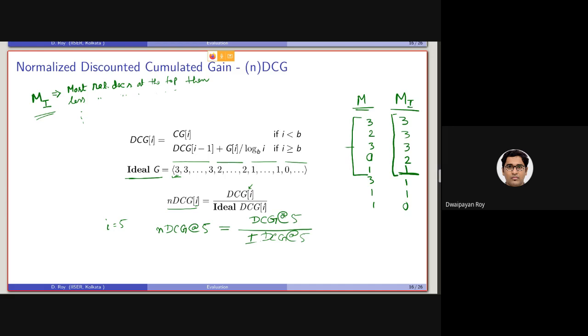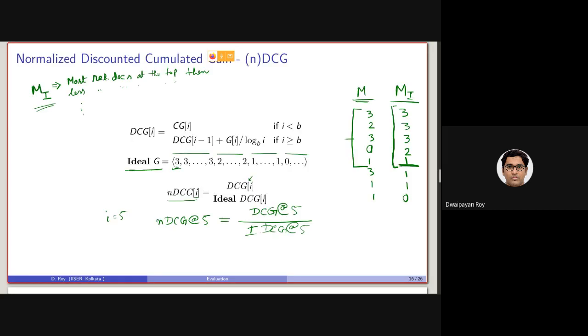I mean, the ideal system will be retrieving these 5 documents at the top positions. So the ideal gain will be 3. The ideal cumulative gain would be 9, basically 12. But we'll be computing the discounted cumulative gain of this system, and we'll be dividing them to get the NDCG or normalized discounted cumulative gain.